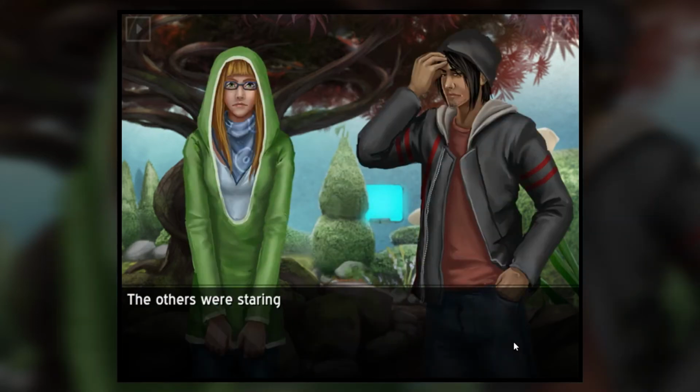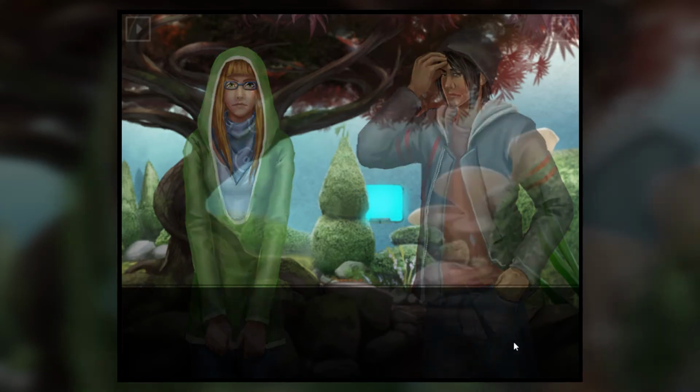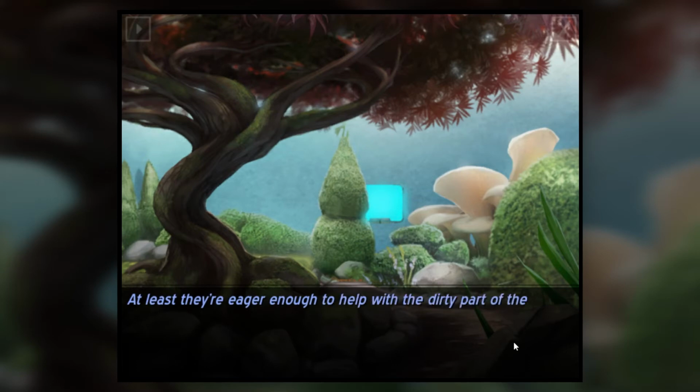Did she bury her son here? The others were staring at Ink. Will you guys help me dig up whatever's under the soil? Of course I will. Yeah, let's get sweating. The two of them made their way to the center of the room, kicked aside a few stones, and began to dig. Just with bare hands? Oh. What about Liza? She's like, no. At least they're eager enough to help with the dirty part of the job. Now all that's left is...